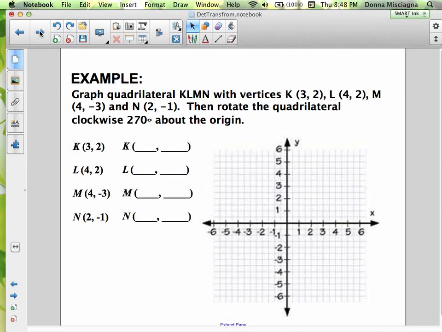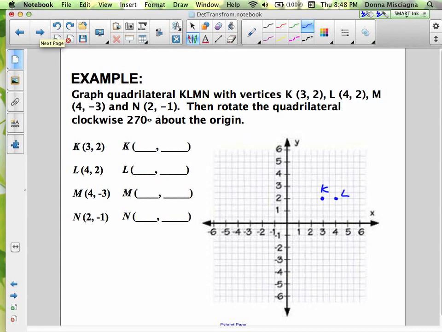All right, this example, I think this is the example in your notes. I don't have it right in front of me, but I believe it's this one. If so, you're going to do this one along with me. We're going to graph quadrilateral KLMN. The first step is to graph the quadrilateral. The vertices are 3, 2, that's K. 4, 2 is L. 4, -3,